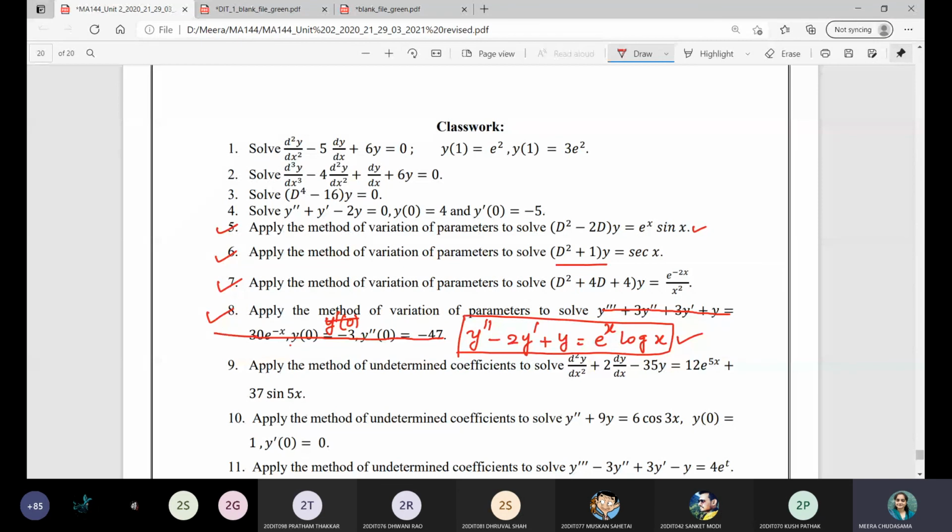So in the classwork example, the examples are over. Actually, we have considered 6 or 7 examples for this variation of parameters, right? After that, in this week we have on Thursday, I think, a lecture, right? So what do you want me to do, whether I can go forward to the next method or you want me to keep one doubt solving session?